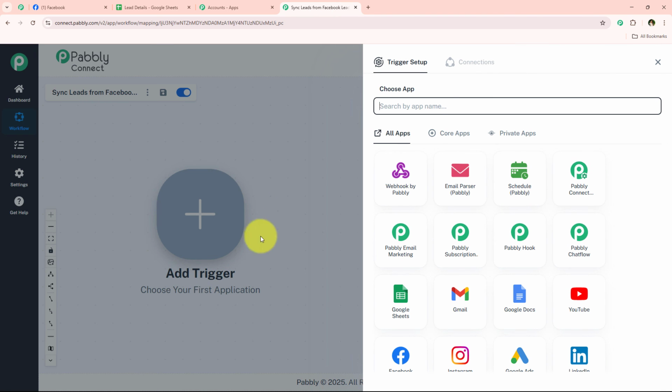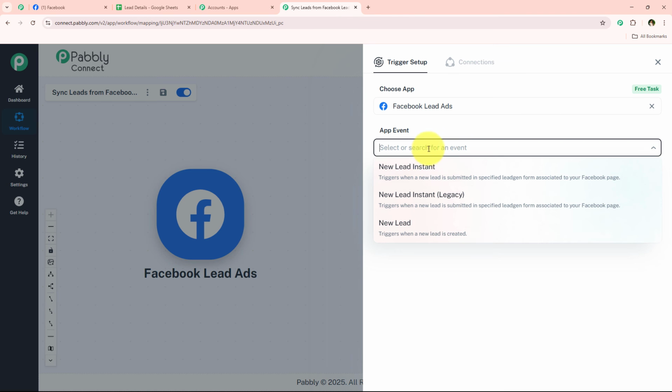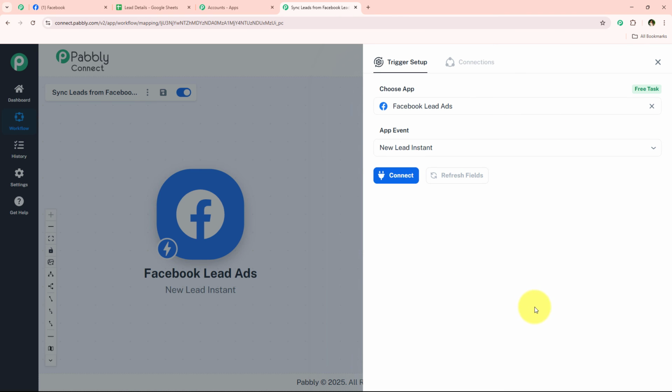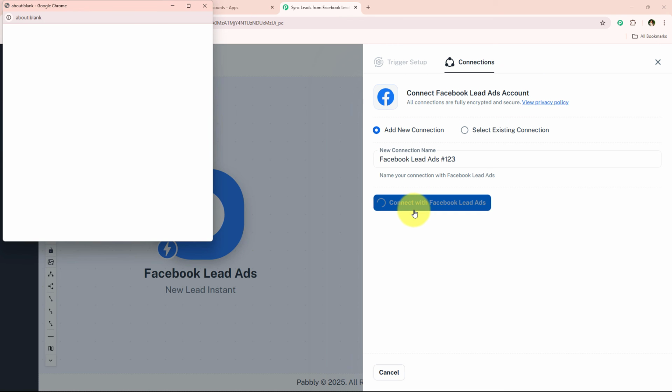Alright, so first we're just going to set up this trigger in order to get the action. So to set up this trigger, I'm just going to go towards this add trigger button, and now I'm just going to simply select my trigger application which is Facebook lead ads. Now for the trigger event, I'm just going to simply select it as new lead instant and click on this connect. Now once I click on this connect, in order to connect my Facebook lead ads account, I'm just going to go towards this add a new connection